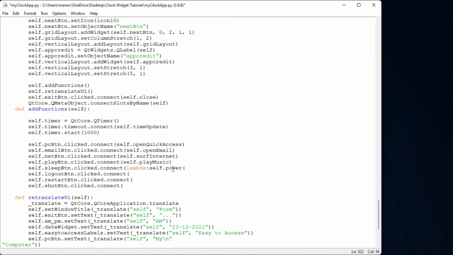and under this I can pass self.sleep button. I could also use a group box, but just for your clear understanding, I'm using the buttons only. So I'm using a lambda function, and I can call the same thing for all these four.